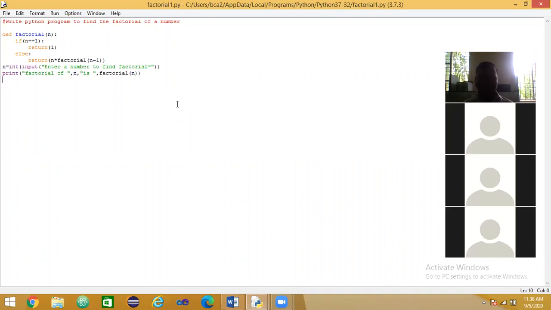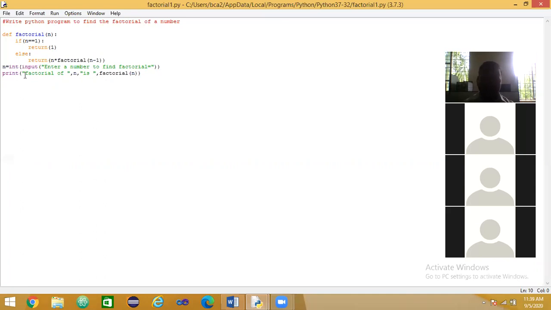See here, in the else part, n into factorial of n minus 1. It keeps calling this function until n becomes 1. Then it returns the value.